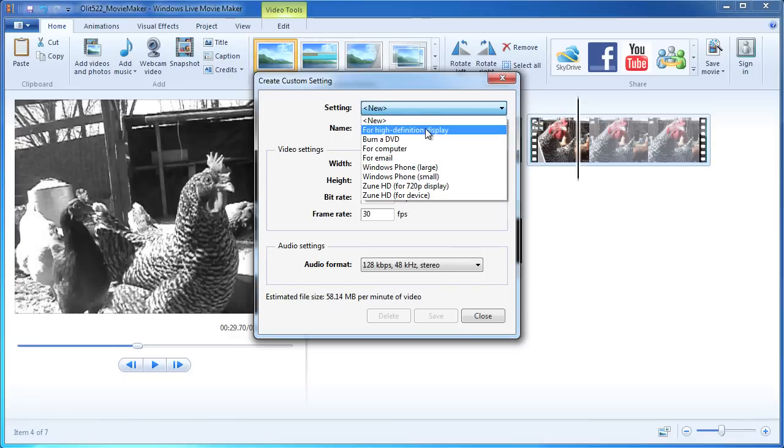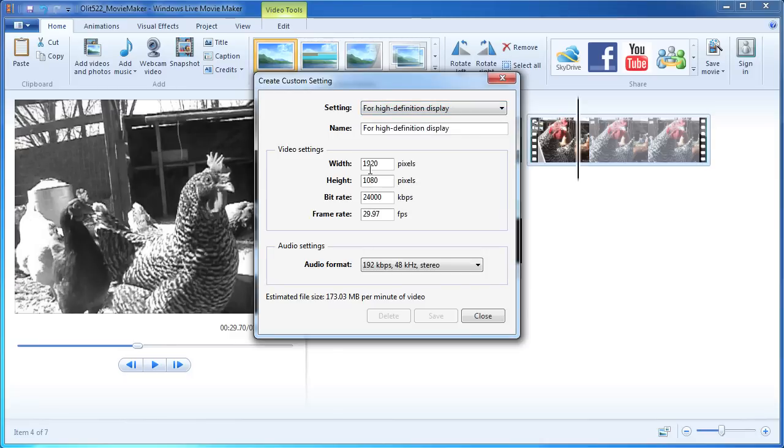If I look for a high definition display, it's going to give me a 1920 by 1080 video setting, which is that 1080p HD setting that we've talked about in class before. This is very nice if you're shooting in HD, but if, for example, you're shooting with one of the handy cams from our class,